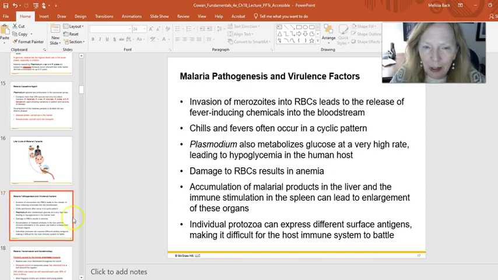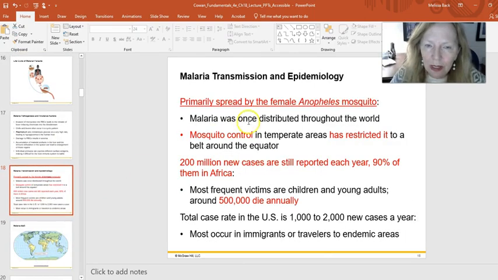So you will see that on your etiologies list under protozoa, the kingdom protozoa, which is eukaryotic, and you can read through some of the things that this is actually doing. So looking at the deaths, it wasn't that long ago that we would see 1.5 to 2 million dying annually. Again, it was usually children and young adults in these affected areas.